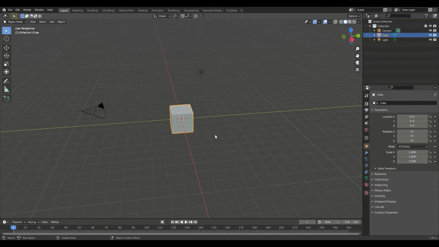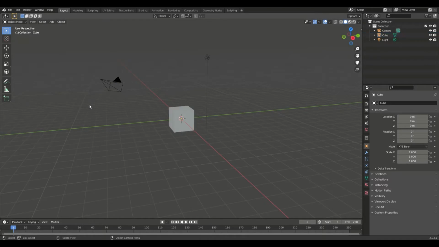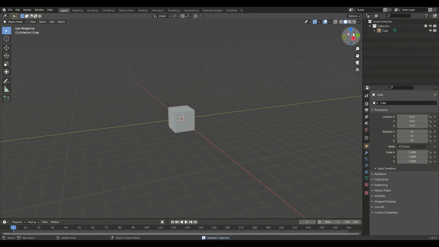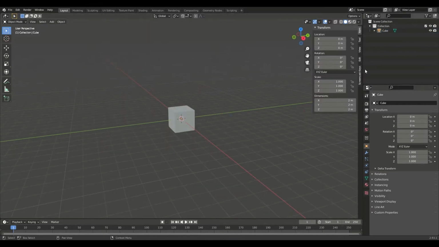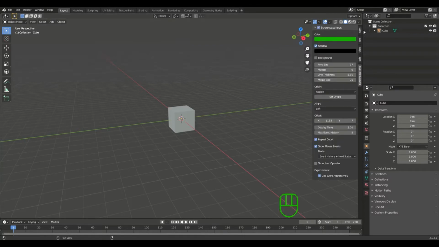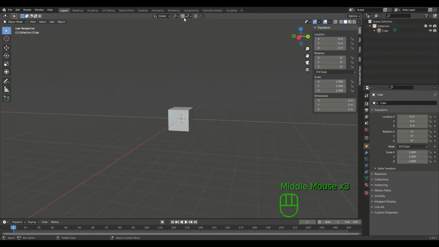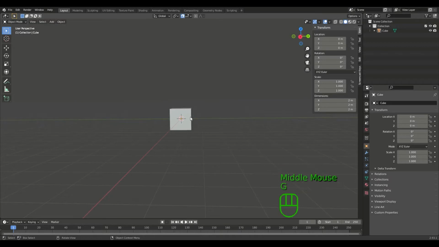So, first of all, we are not going to delete everything. We are just going to delete these, not the cube. And here, let me turn my screencast keys on for you guys. So, first of all, we need to make the Keva planks. So we can turn on snap here and grab this on